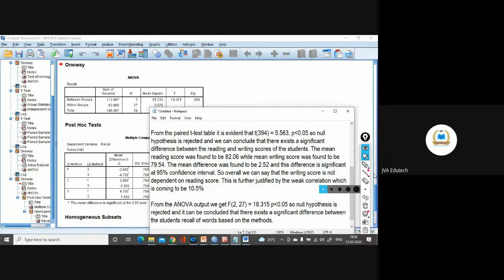Each different method will have a different effect, or there will be a significant difference between the students' recall of words based on the method. Since there exists a significant difference, you will go for further exploration.